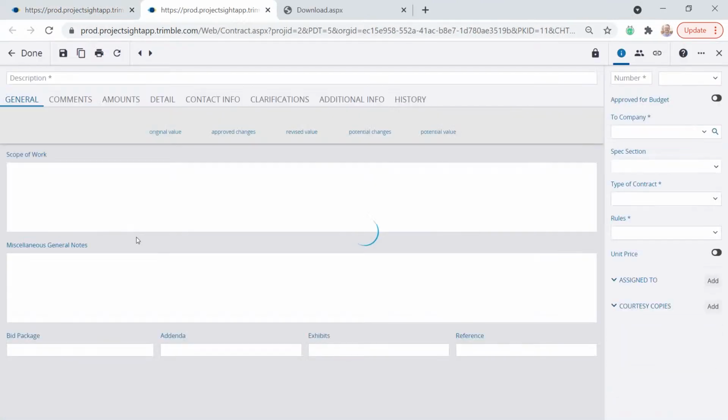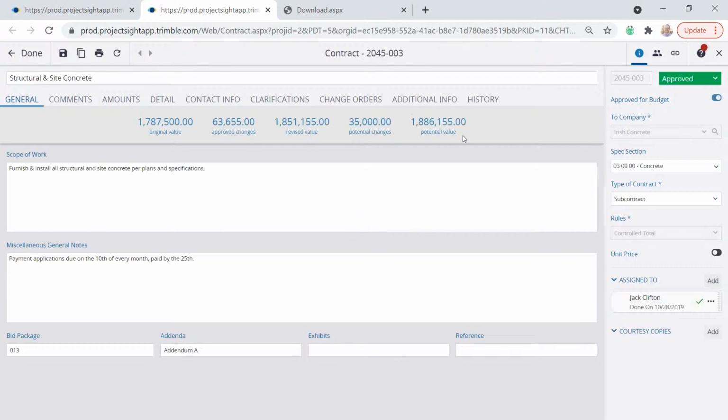Just to show you a contract example here, we're going to look at this subcontract. Now, our contracts module can create committing and non-committing contracts. Right? So you've got your non-committing prime contract or owner contract, and you have all of your various subcontracts. And there's different rules that can be applied to the contracts. This is a controlled total. So in order to update the value, I need a change. I have to do a change order. But there's other